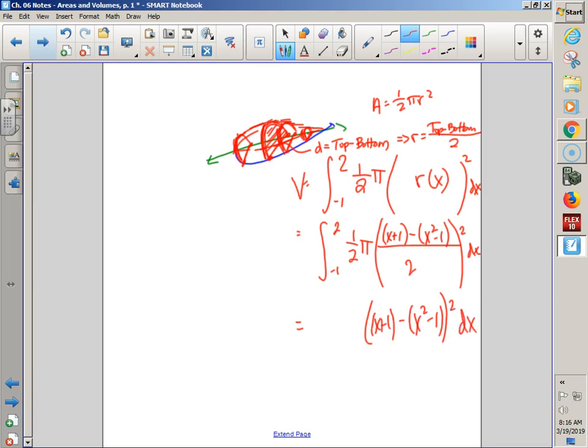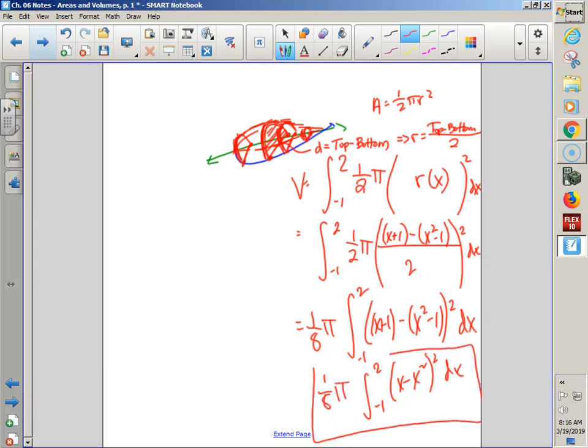But what would happen to the over 2 that's squared? Over 4, and then it would combine with the 1/2 to be a 1/8. And I guess we would simplify, because 1 minus 1 would end up being 0, so then you would have like an x minus x squared. I don't think they would FOIL it out. I think they would leave it just like that. But there would be a 1/8, which is weird because for a semicircle, you would think there should be a 1/2, and there was. But then the radius divided by 2 squared, well, there's a 1/4 that also came out. That would be the integral expression representing the area of,